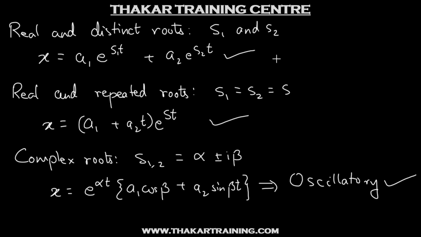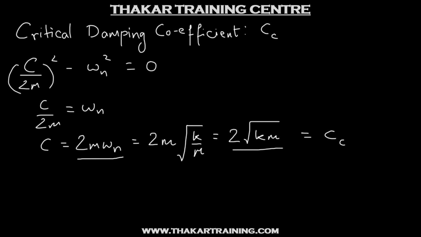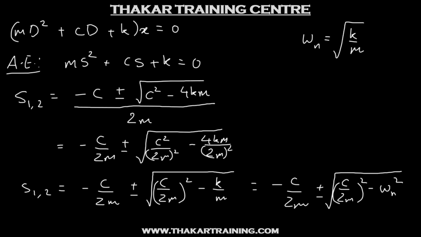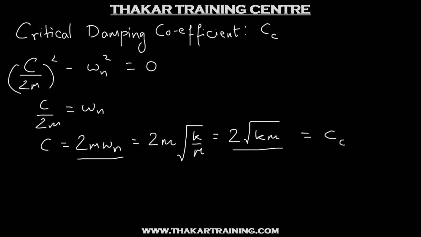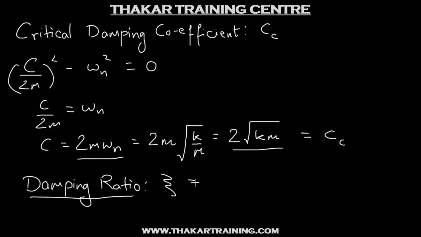Alright. So I think now there is some sort of confusion. What is C, what is Cc, and how do you immediately recognize whether this is going to be positive, negative and all? So there is one more term which is introduced to make things simpler. We call that the damping ratio. It is denoted as zeta, and this zeta is equal to C by Cc.